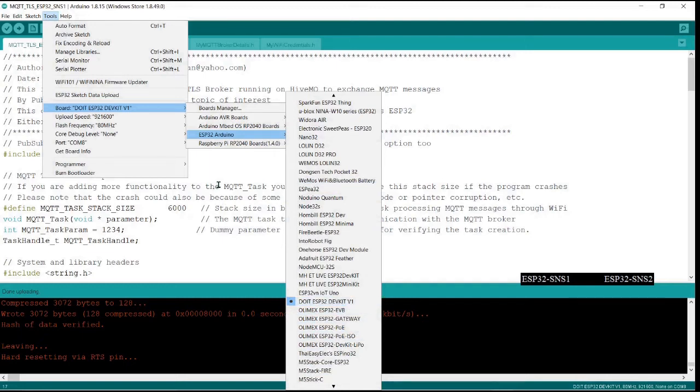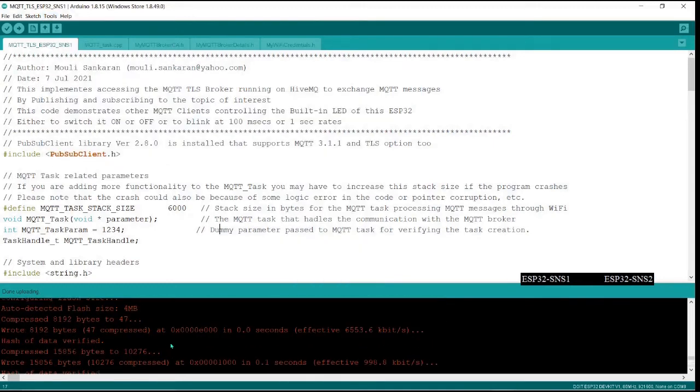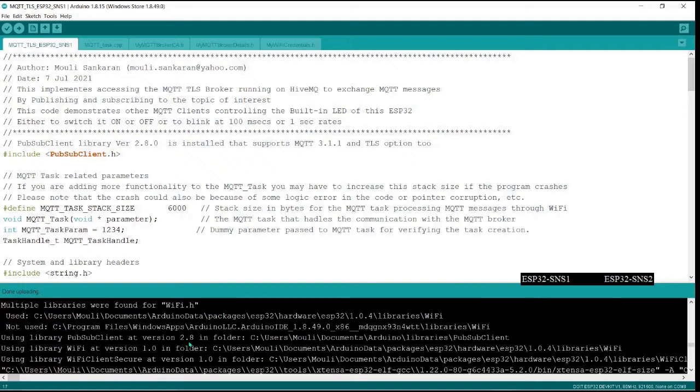Most probably this software should run on other boards. I have not tested it on other boards, but they are compatible, unless the board that you have has less memory than what this code needs. Finally, linking it to the executable. This is the output that you get on compiling.